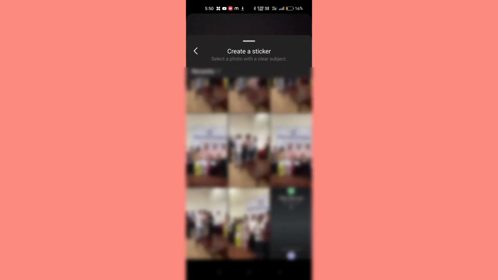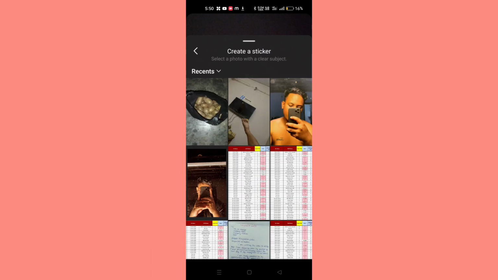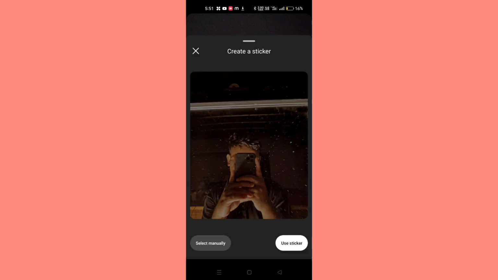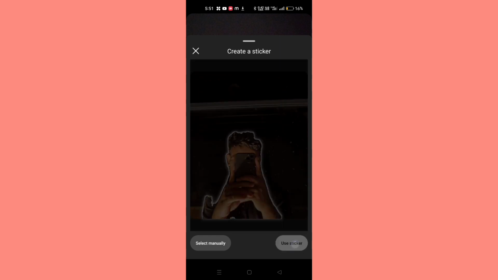Just hold on, I'm just selecting a picture. Okay, let me just select this picture, and here you can see it's creating story. You can see here, just hold on, it will automatically create a sticker. You can see, just click on use sticker, and then just hold on, it will automatically create a sticker on